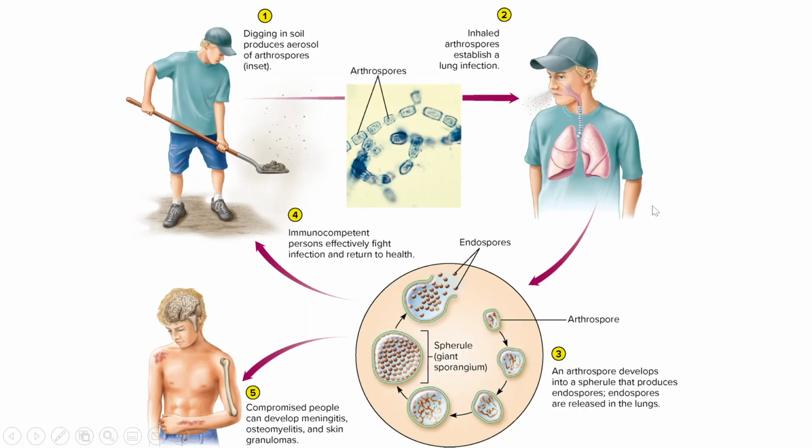And so how that happens is that this arthrospore will basically develop over time, and it will produce what we call endospores, okay? And so those are ruptured and released into the lungs. The arthrospores eventually develop into this thing we call a spherule, and that's just basically a giant sporangium, right? But it's inside, so we're calling it a spherule that produces these endospores that exist in your body. Okay, and so